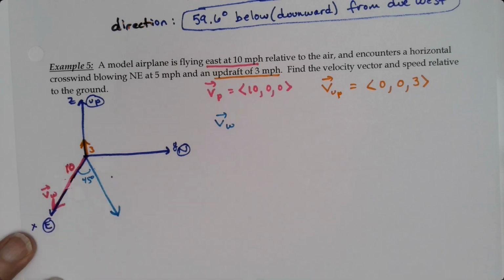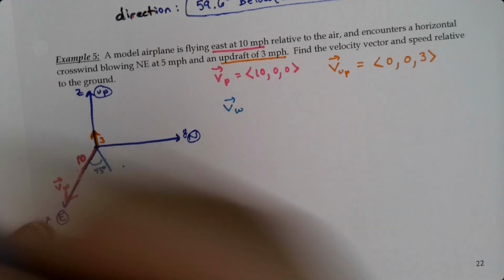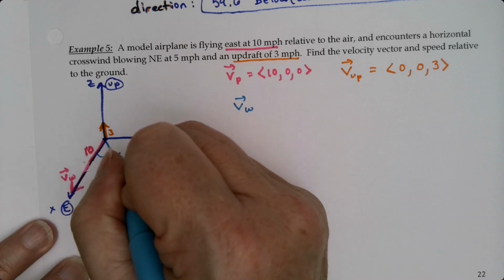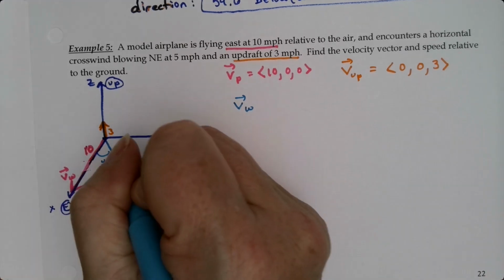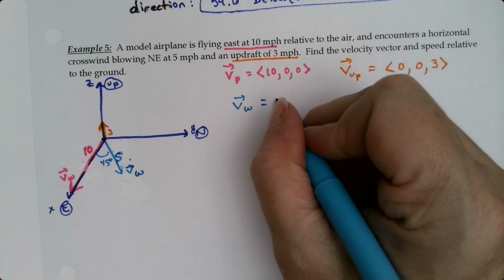And then I'm going to shorten this one, because it's only supposed to be 5. So it's not supposed to be nearly as big as I'm drawing it. So let me make it just, I'm going to exaggerate just a little bit. There, it's 5. Right, that's the velocity due to the wind. Okay, so that is 5